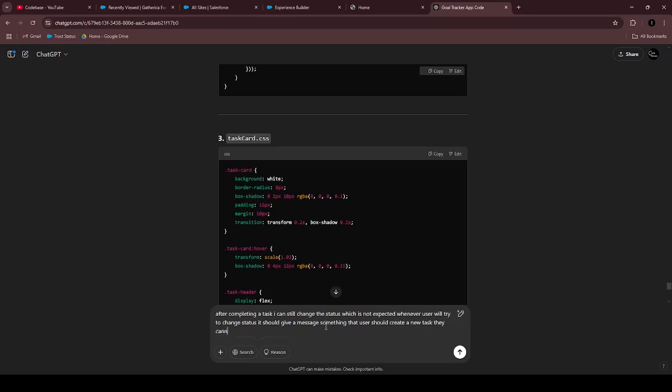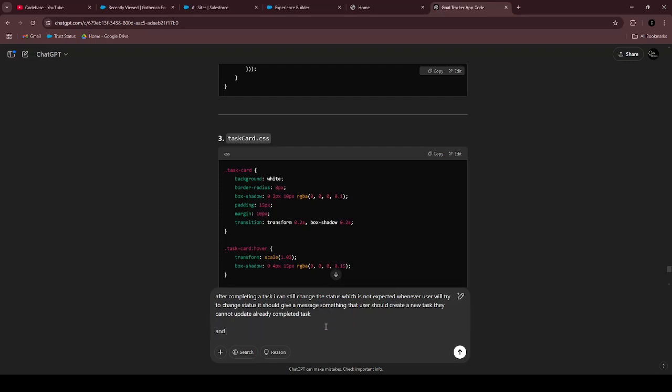They cannot update an already completed task, and I need